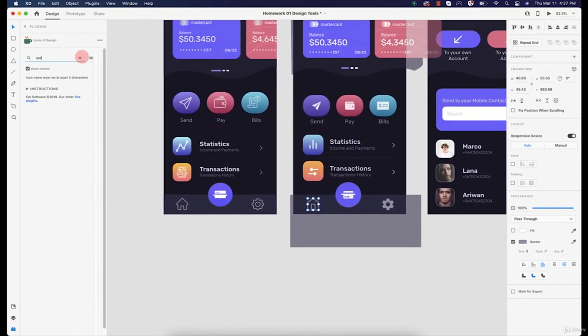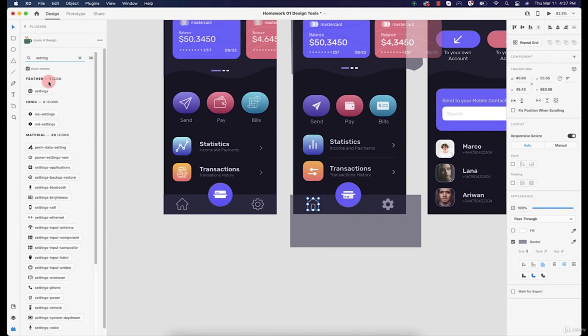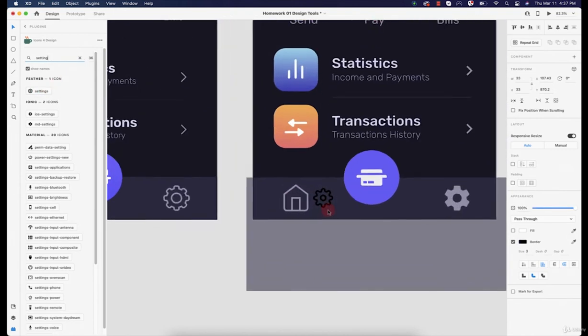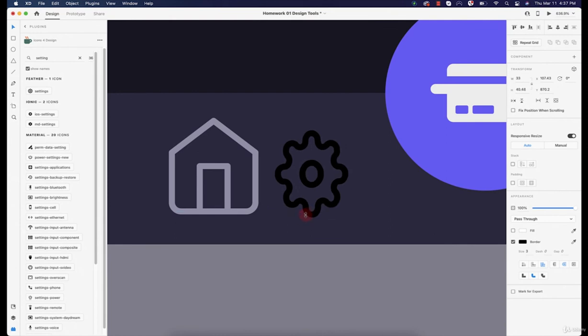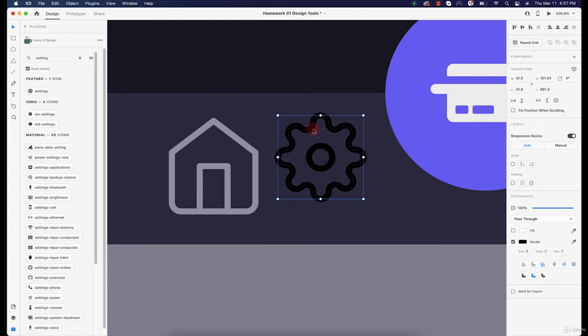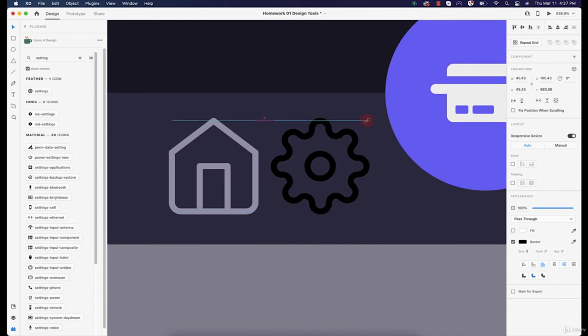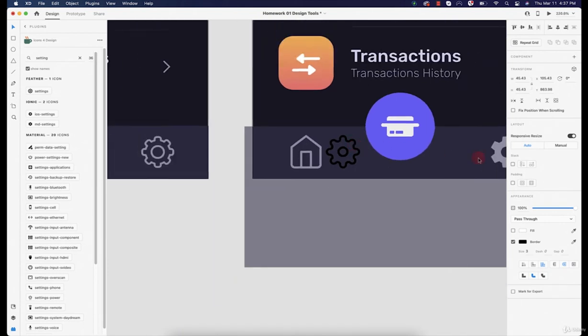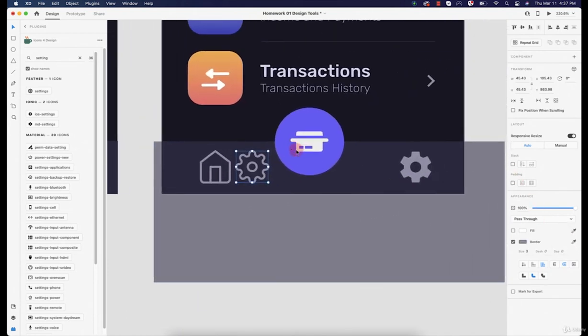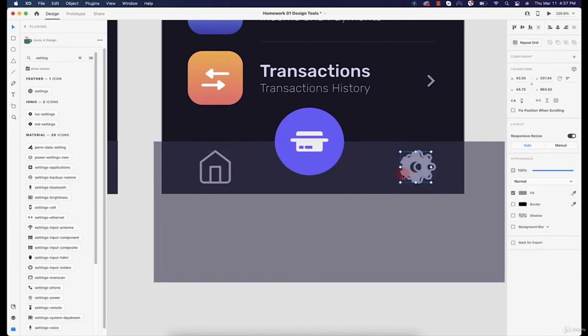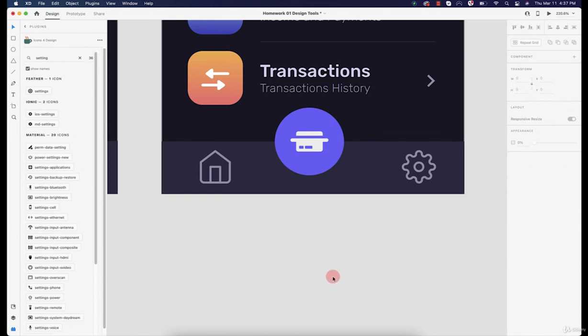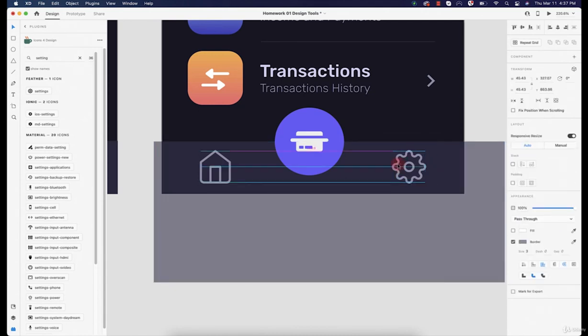Let's search for the settings icon, something that goes with this icon, which is this one. This is the perfect one. Sorry, let's make it bigger. Okay, we are good like this. And then we are going to change the color to something similar and replace it with this one. Make sure it's in the same position. Yeah, we just removed the other one and